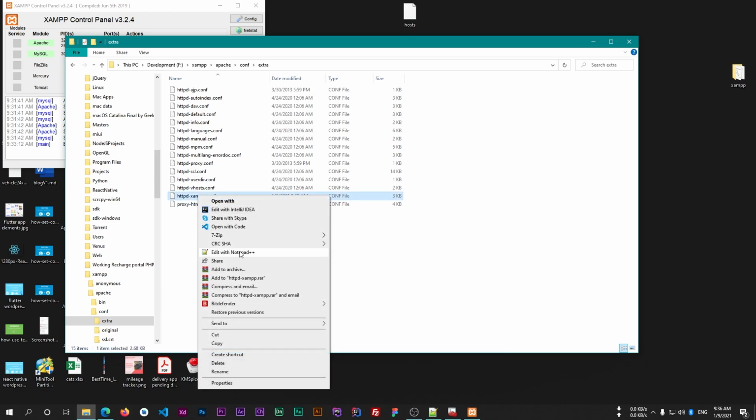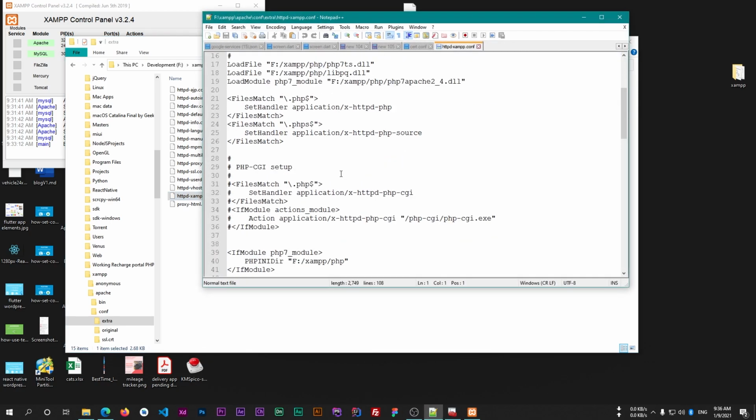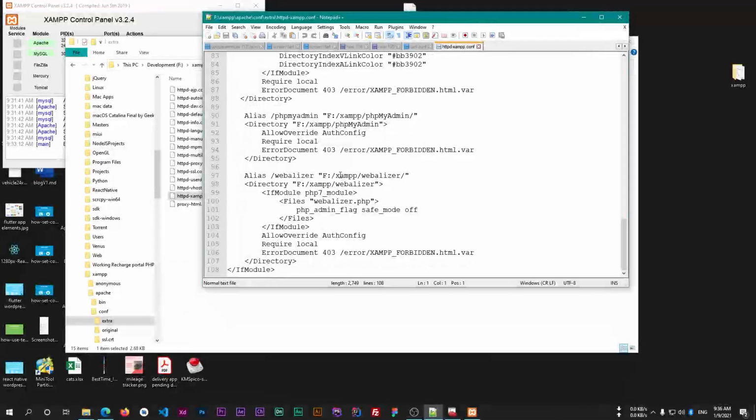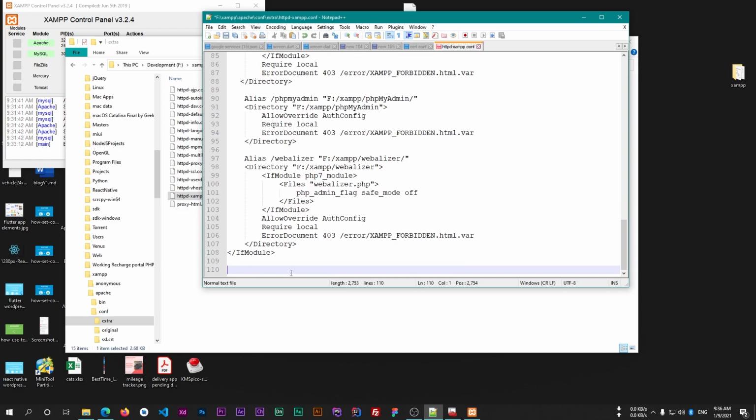I'm going to open this in Notepad++ and go to the bottom of this file, and we have to write the configuration for our virtual host here. I'll put this configuration in the description of this video so that you can copy and paste it in your httpd-vhosts.conf file.